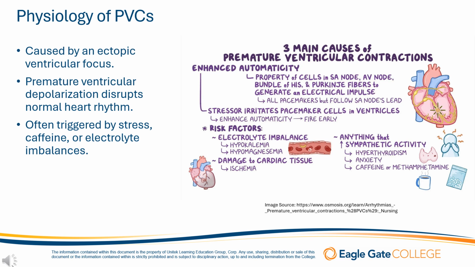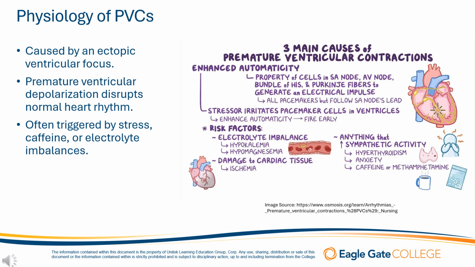These electrolytes play crucial roles in maintaining the proper electrical gradient across cardiac cell membranes. An imbalance can make the heart cells more excitable and prone to premature depolarization. Hypokalemia can increase the risk of ectopic foci and subsequent PVCs. Hypomagnesemia can lead to increased excitability and arrhythmias, and hypercalcemia can affect the duration and strength of cardiac contractions, contributing